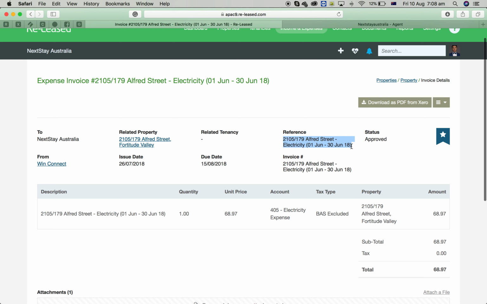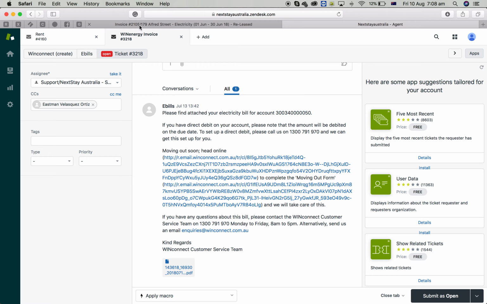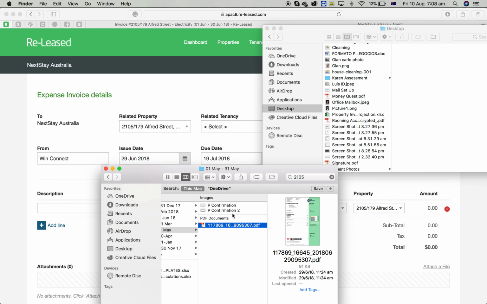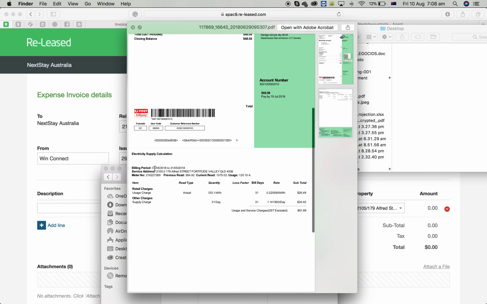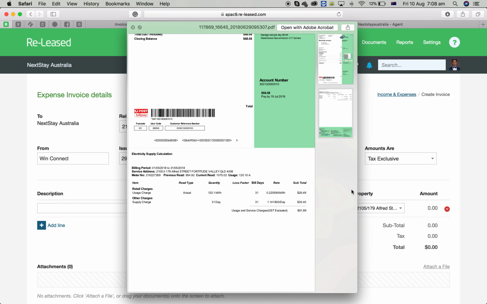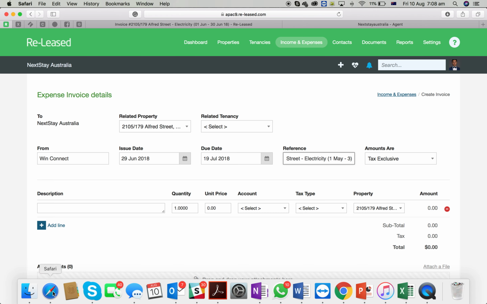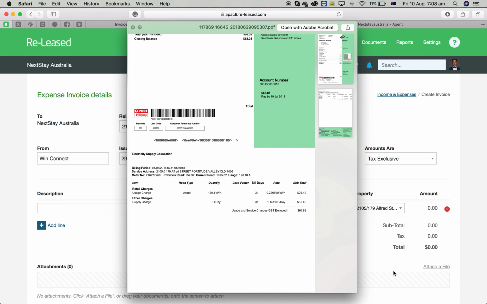So the reference that we used was the property name plus the dates for which the invoice is being billed for. So we simply go in here and do that. We have 2105 in our Alfred electricity, and then we're just going to change the dates that we have been invoiced for. The period is again from the 1st of May to the 31st of May. Sorry for that, guys, just coming back to it. 31st of May, there you go,